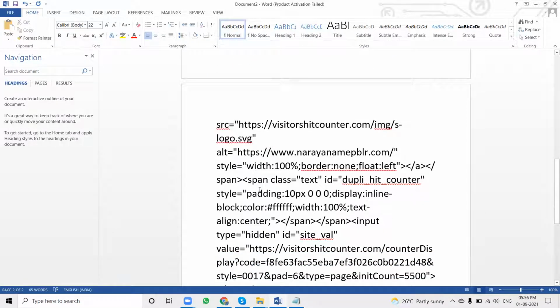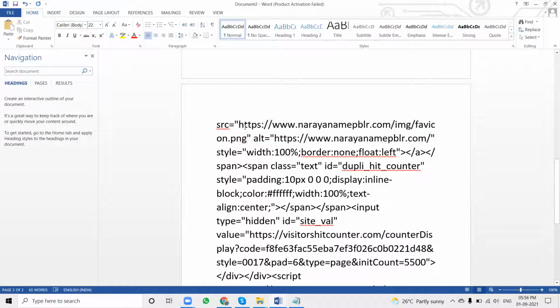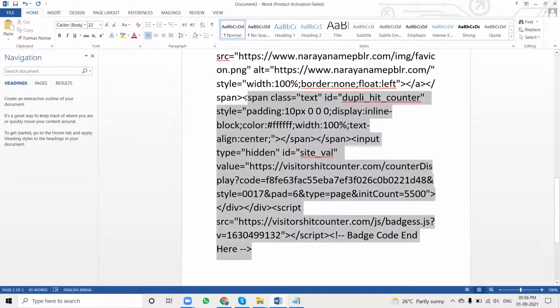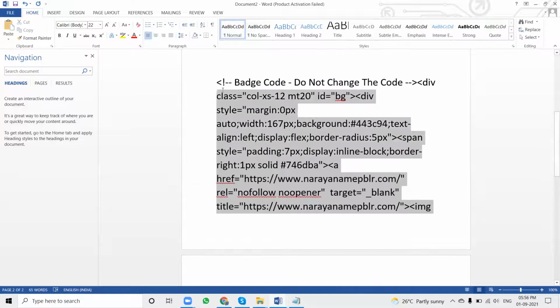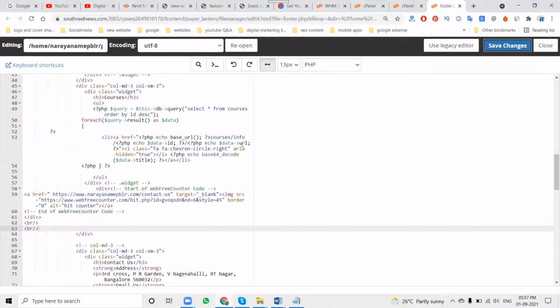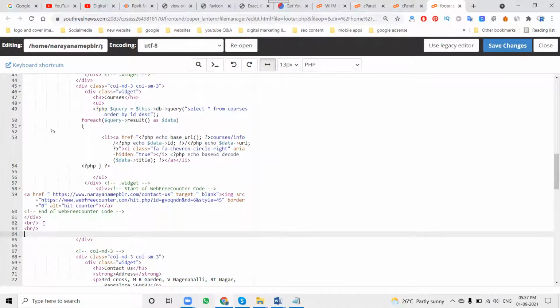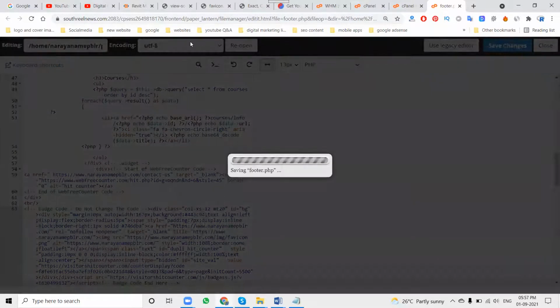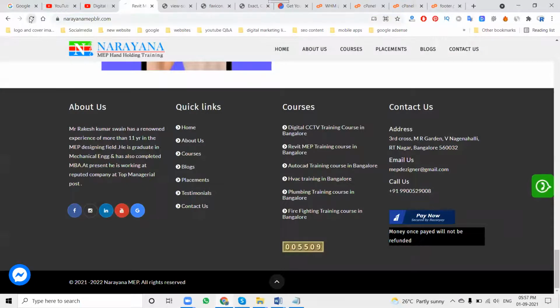I'll show you both on your particular website. So this code we can't change. Same, copy the exact code, save changes and refresh.